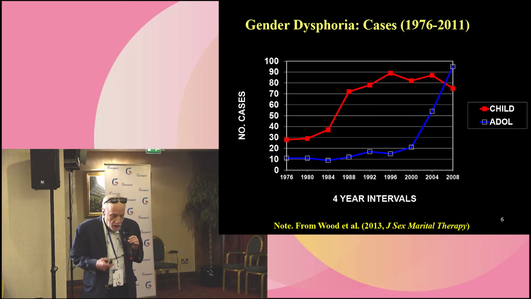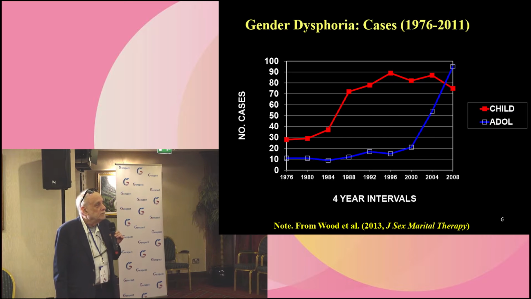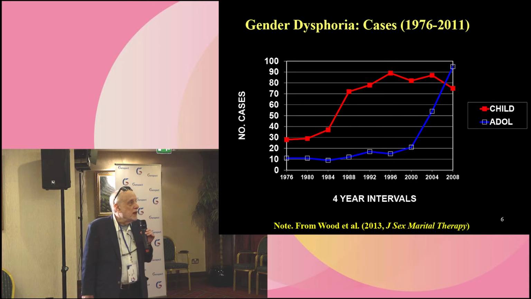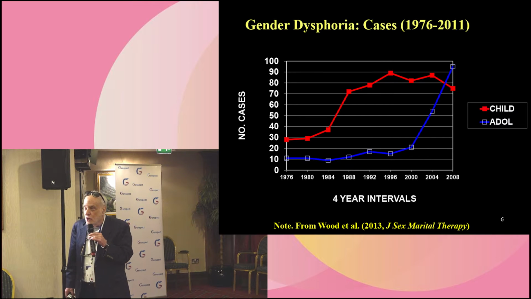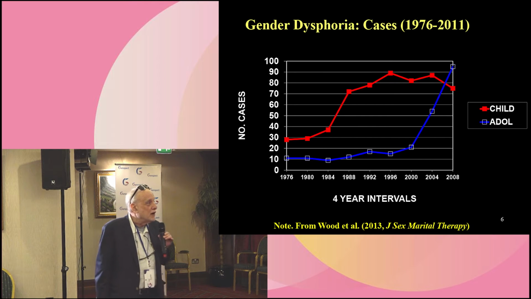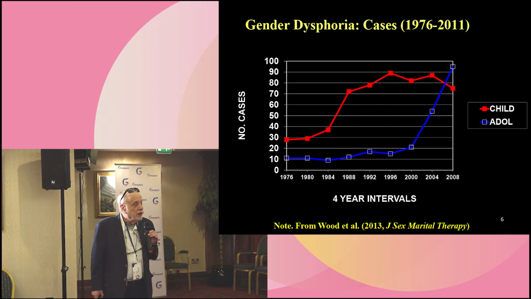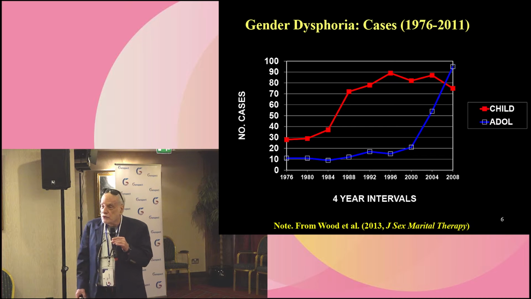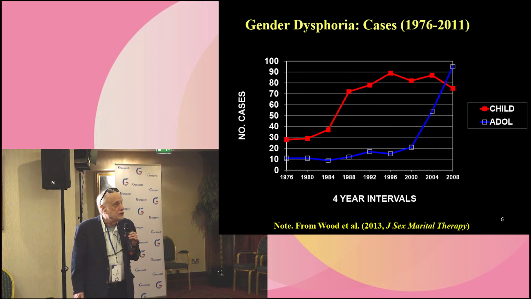And you can see in this slide, grouped at 4-year intervals, that at the beginning, the clinic in the mid-70s, we're seeing more children. That started to increase pretty dramatically by the early 80s, but it was really only in the mid-2000s that we started to see more adolescents. So early in my career and in the clinic, we focused a lot more on developing research with regard to children.